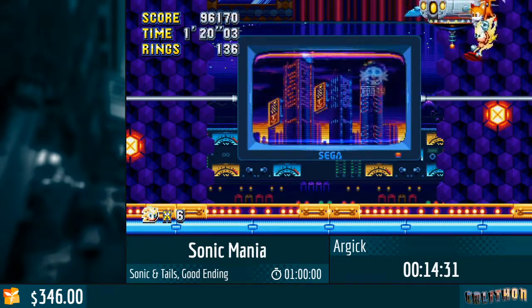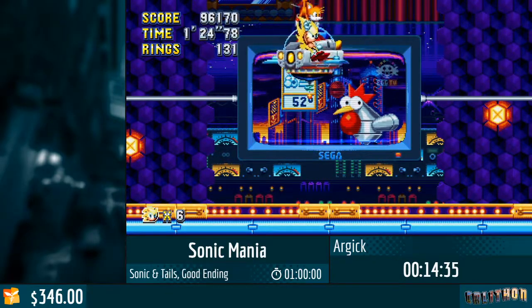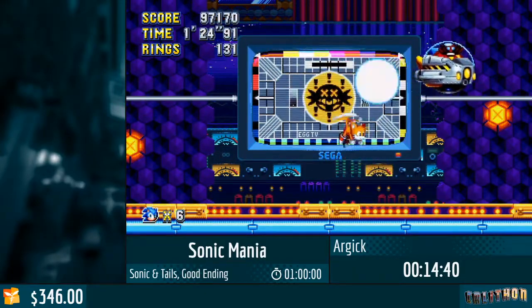Another good thing about this game and Supersonic is that when Tails is grabbing Supersonic, he's invincible as well. So we're just going to swaggly fly backwards here. Not doing any of this boss at all. And if you listen carefully,